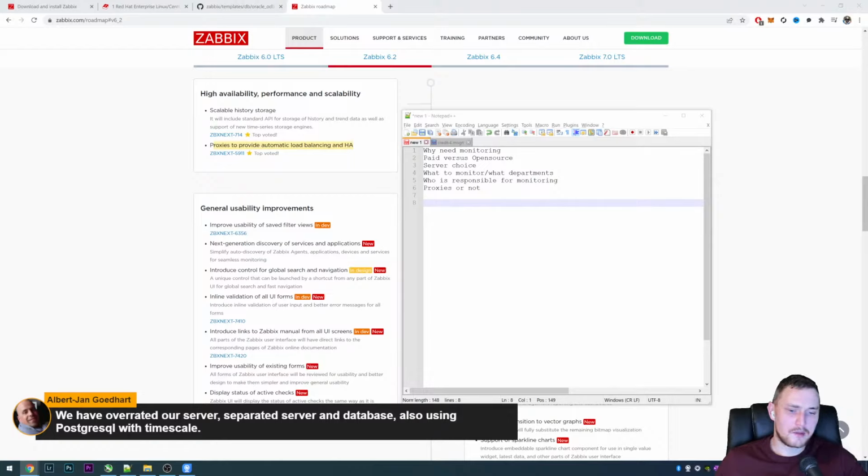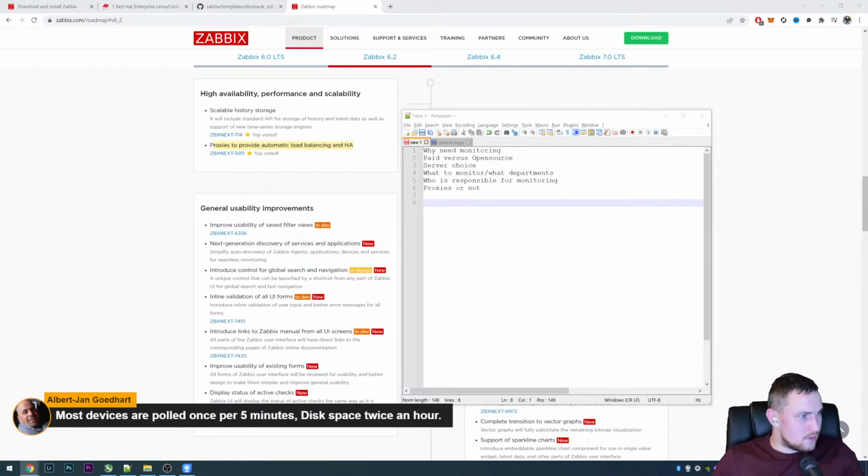Otherwise, what could happen is something goes wrong with Zabbix and it puts a big load on the database, and if the database is on the same server with the Zabbix server, then the Zabbix server also suffers from this load, and then we have this loop of performance issues. So it's always recommended to have a database outside of your Zabbix server. Running a front end, so Apache or Nginx, together with the Zabbix server is absolutely fine. That's going to work.